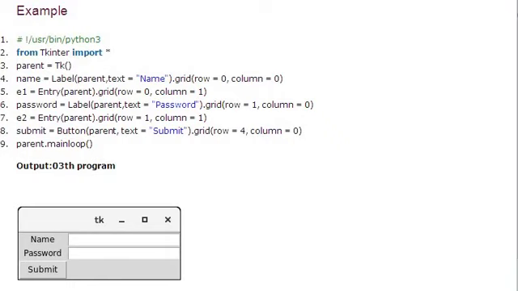The text on it is submit, and grid position is 4 and 0. So once you run it, you get the screen, and there you are supposed to type a name and password. So just observe clearly how many rows and how many columns and the positions.